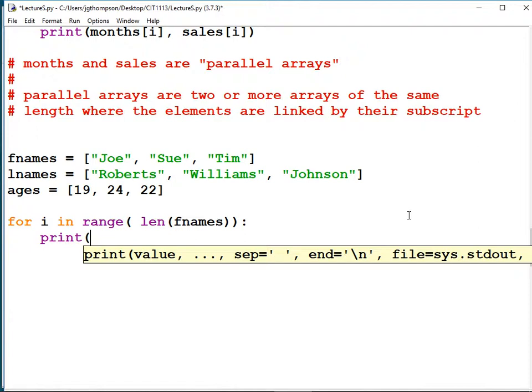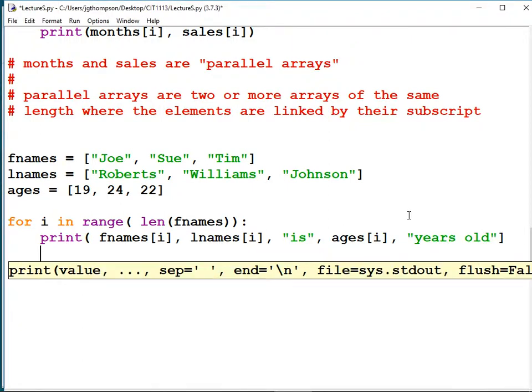Print, parentheses, fnames subscript i in subscript, comma, lnames subscript i in subscript, comma, quote, is, end quote, comma, ages subscript i in subscript, comma, quote, years old, end quote, in subscript.